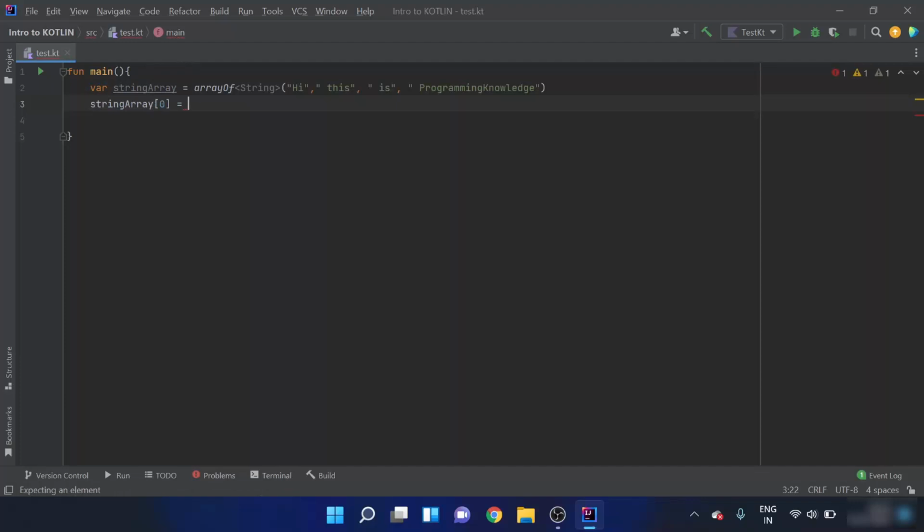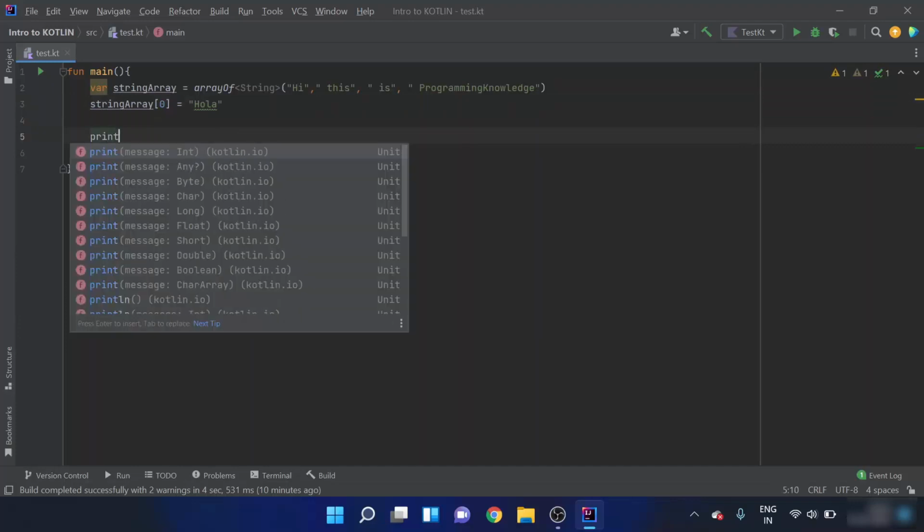If I have to change the string at index 0, I'll write here "hola". So it changes the string at the 0th index. Now when I print